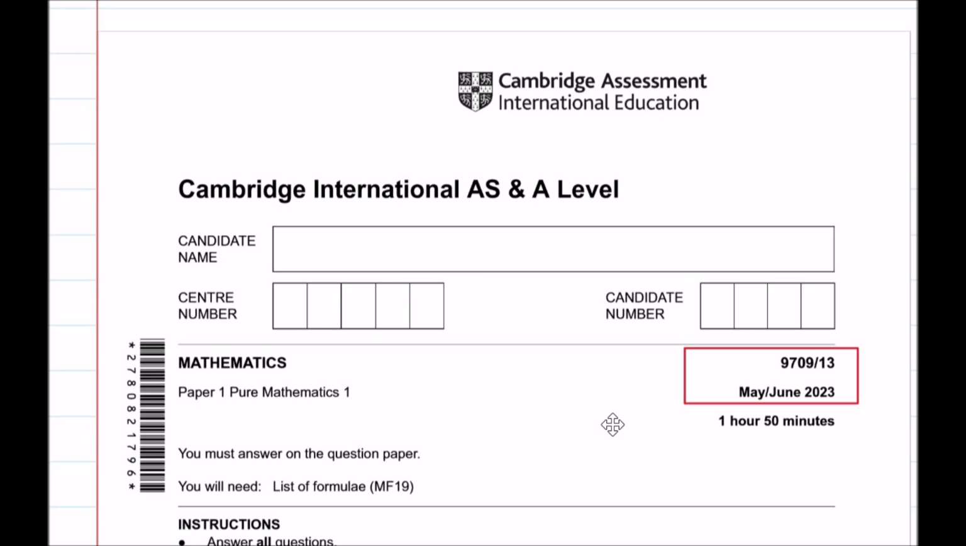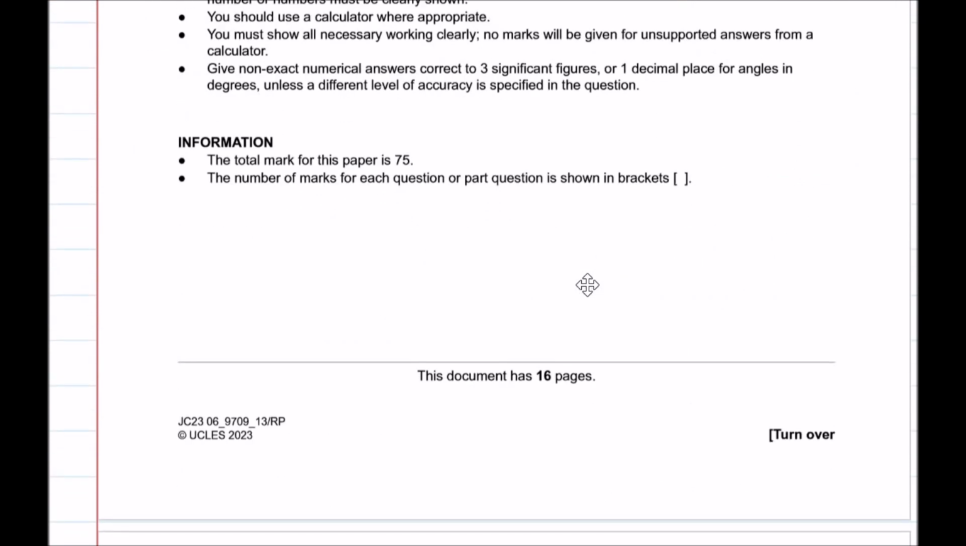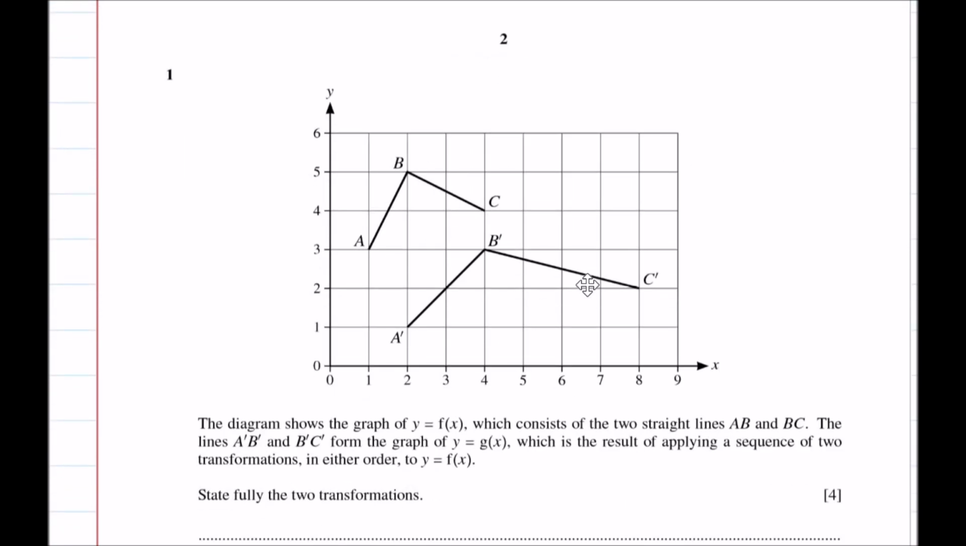Today's video we are going to solve one of the AS level past papers, 970913, that is variant 13, May June 2023. Okay, so we'll start with the first question here. This is a transformation question. Function transformation. And here in this question it says the diagram shows the graph of y equal to fx,